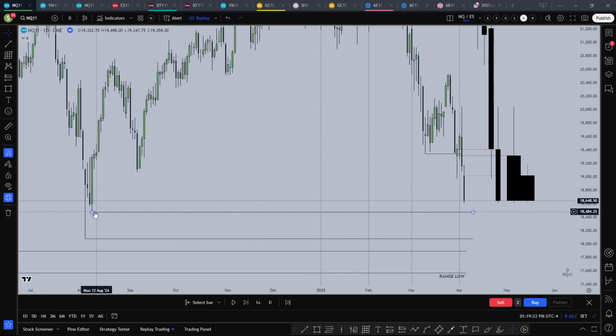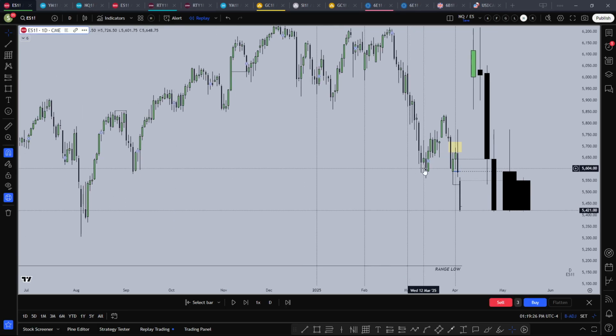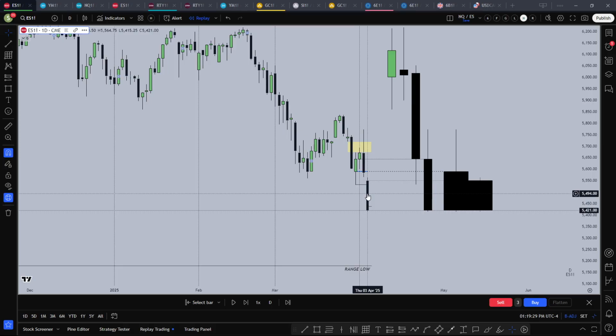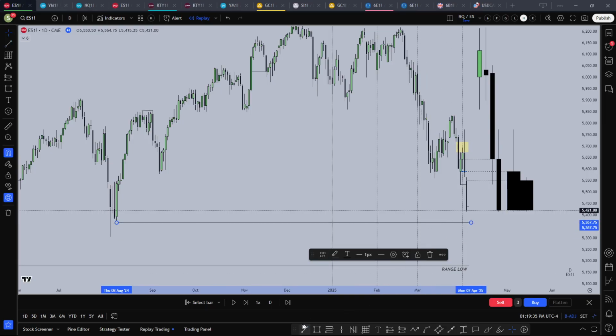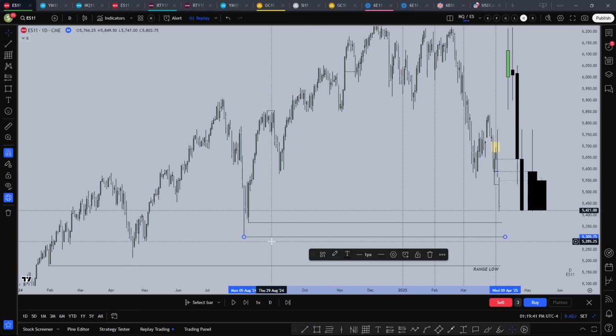If price shows displacement below it. What about ES? Same thing, Wednesday reversal, Thursday continuation, so Friday continuation as well. This being the minimum objective, and then if price shows displacement through breakout below it, then this being the objective. Looking left,